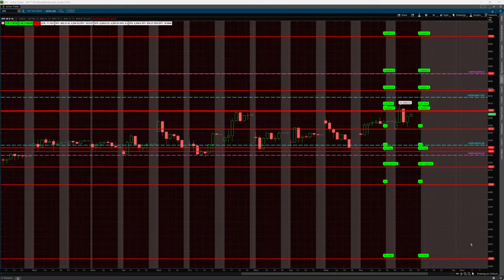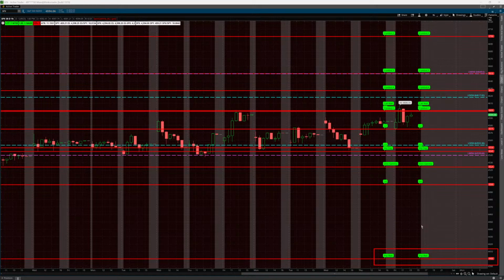The dark red lines are showing SpotGamma proprietary levels. These are available to SpotGamma subscribers in a variety of platforms. This is Thinkorswim. And I'm going to point out the key daily levels. These are based on gamma weighted open interest that is updated once a day. All right, so first of all, the put wall, that's a strike with the largest net negative gamma that can be expected to act as support.